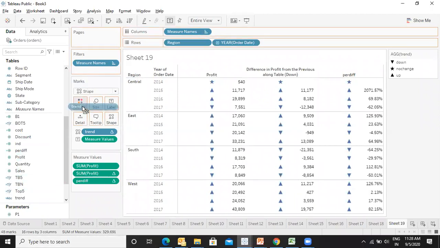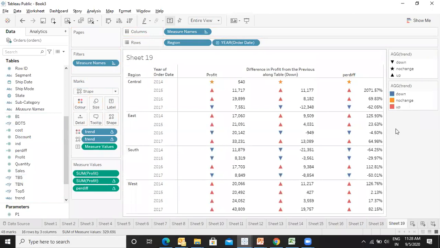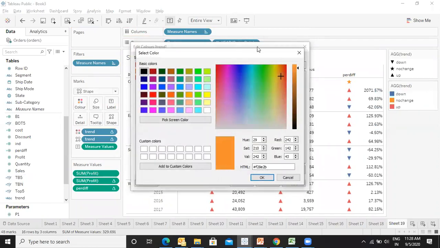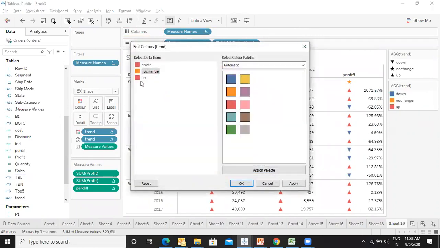And let me put the trend in the color as well. And let's edit the colors. For down, I will make it red. For no change, I will keep it orange. And for up, I will make it green.